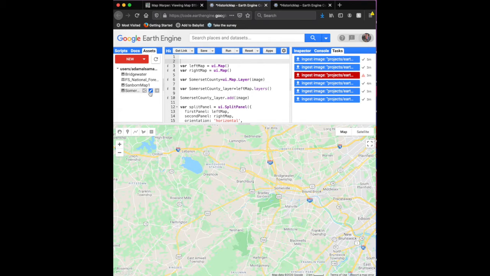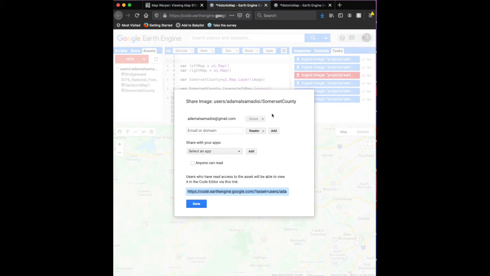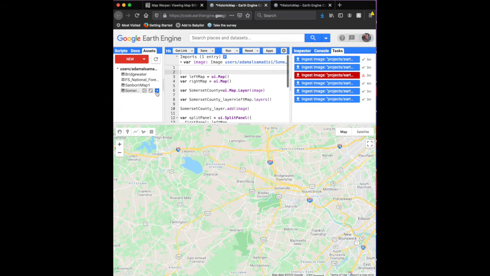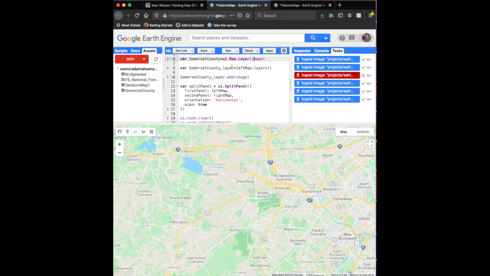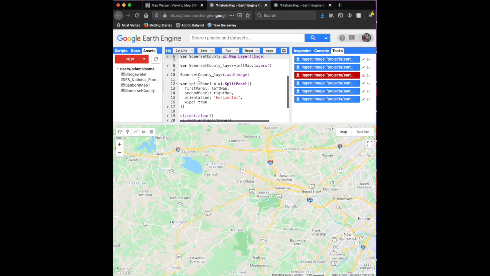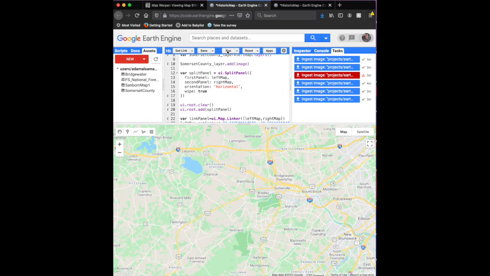So if I go to the edit, I think I can edit its name. If I press this button, I can share the image. And if I go over here, it imports it into my script and it calls it image. And you see how image is put in through this argument, for instance, saying Somerset County is the map layer UI image. And so we add the image. Anyway, if we run the code,